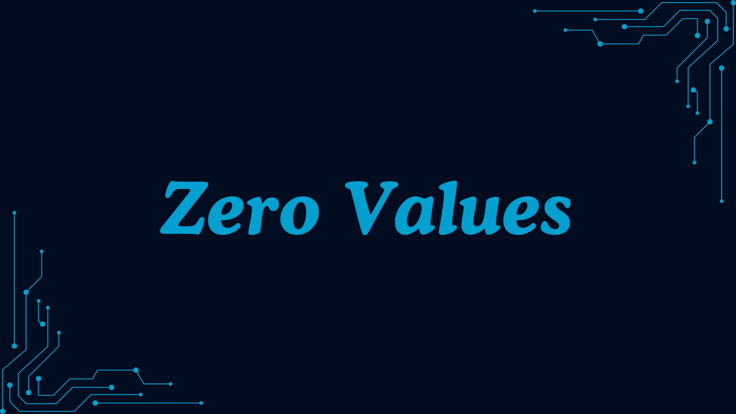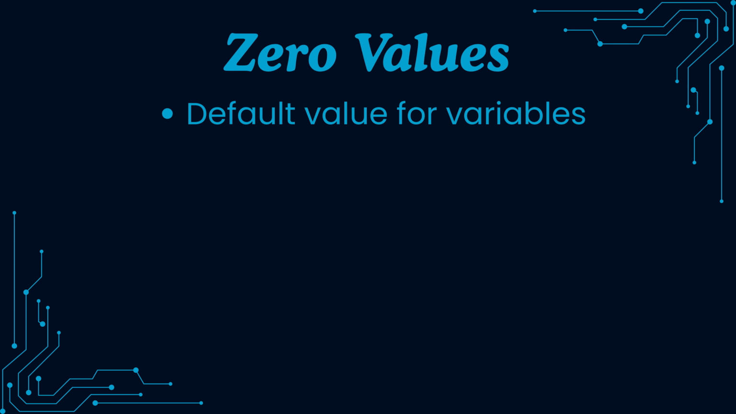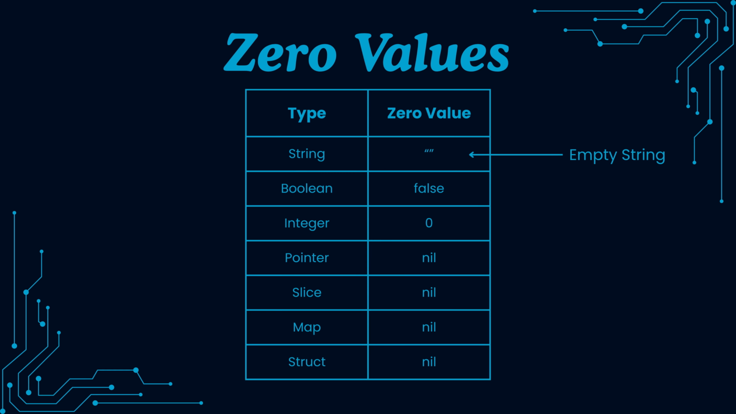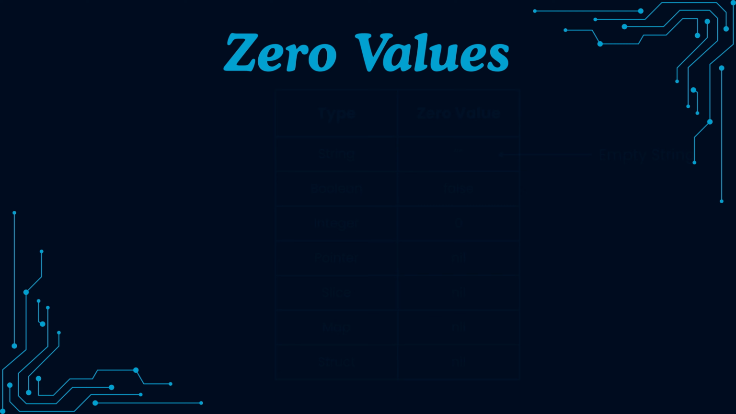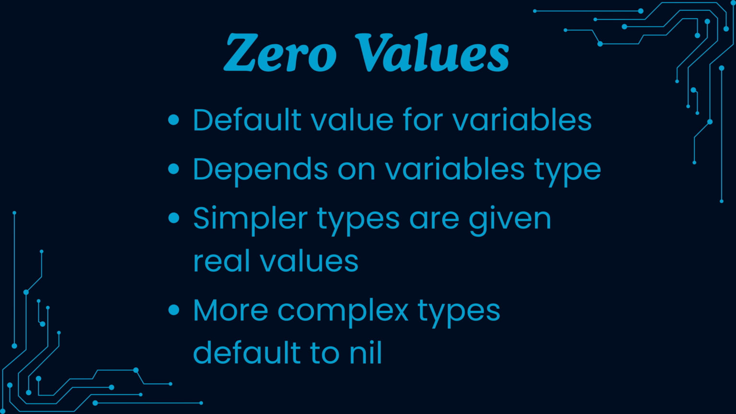Zero values. Zero value in Go is like a default value for a variable. A zero value depends on the variable's type. In this table, we can see the zero values for some of Go's types. As you can see, strings, booleans, and integers are given real values, whereas more complex types, like pointers and slices,